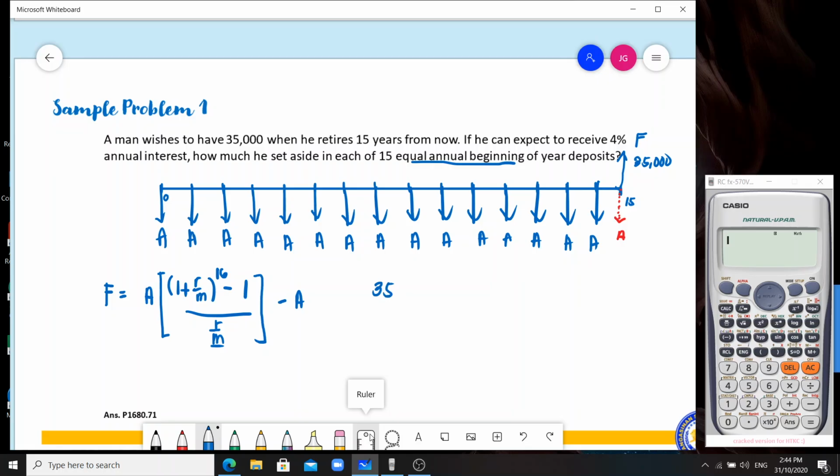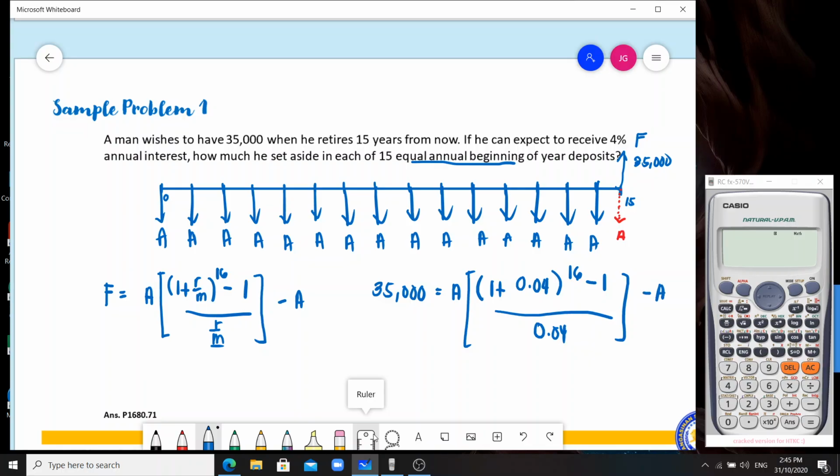Meron tayong 35,000 equals A times 1 plus, ang rate natin ay 0.04 annual, so no problem, raised to 16 minus 1 over 0.04. Tapos, i-minus natin si kunyari, yung ika-16 kasi wala naman na siyang payment doon. So, ang A natin is equivalent sa